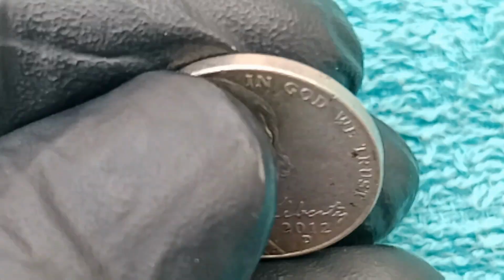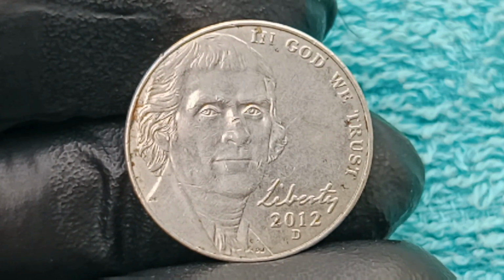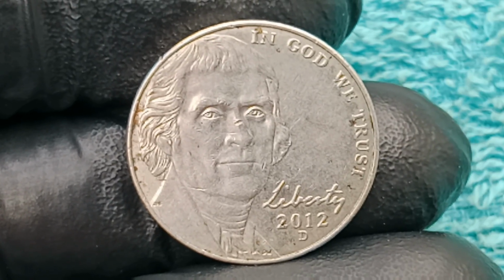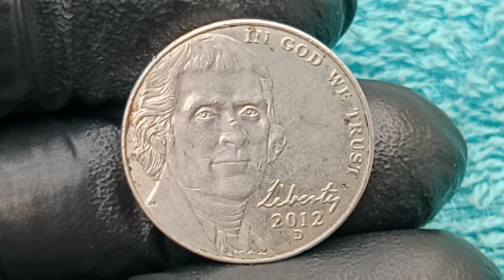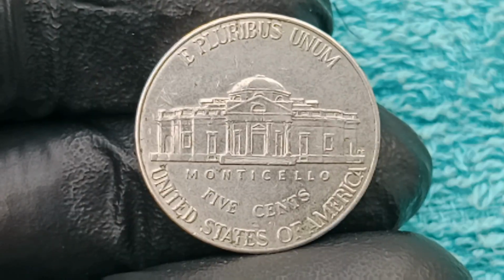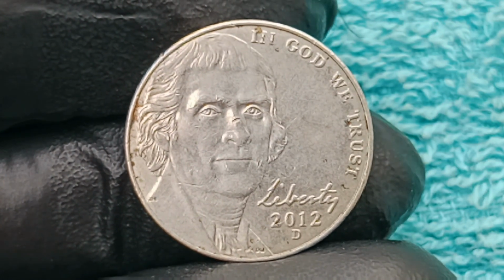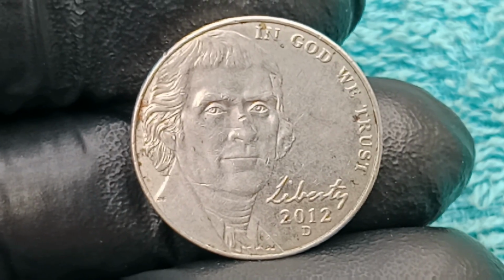And part of what makes the 2012 5-cent coin story so special is how modern minting technology, despite being advanced, can still allow imperfections to slip through, and those imperfections are what give a coin its soul, transforming it from a mass-produced item into a priceless artifact, with experts analyzing every detail under high-powered microscopes, searching for minute differences in lettering thickness, rim alignment, and die polish marks, because even the smallest deviation from the norm can mean a jump from 5 cents to millions, and the demand from collectors, investors, and museums ensures that the few known examples of